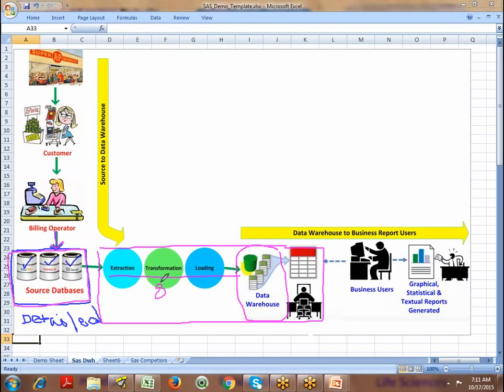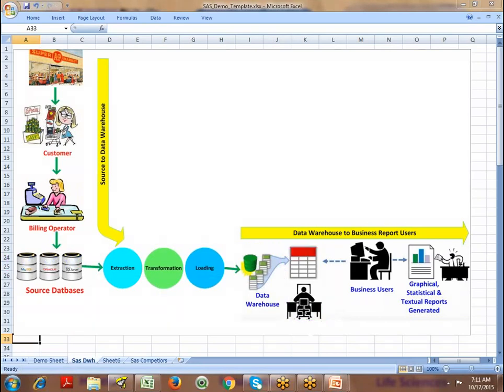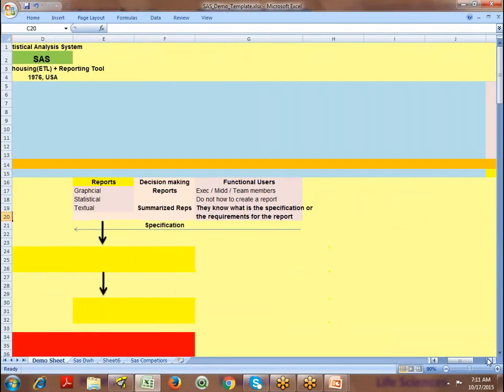80% of the code that you write in SAS is data transformation. So 80% of the code that you're going to write in the SAS software is called transformation. Why transformation? The reason is that every day the business user requirement changes. The functional users want some new report every day, or they want to make changes to the existing report. So these functional user requests are there every day.